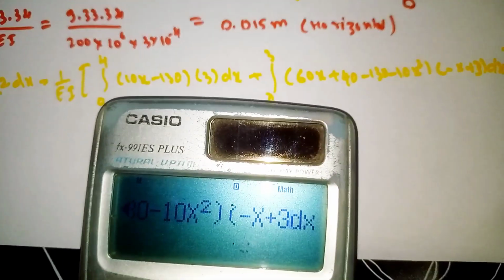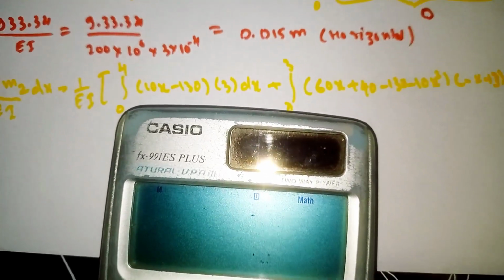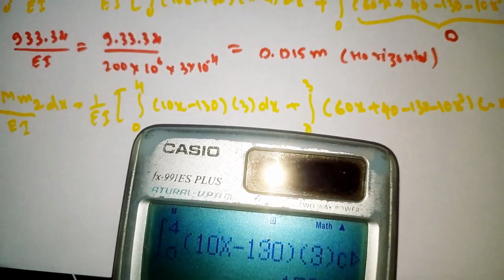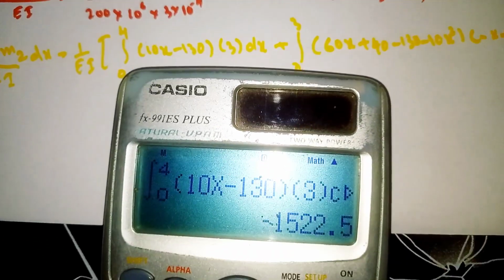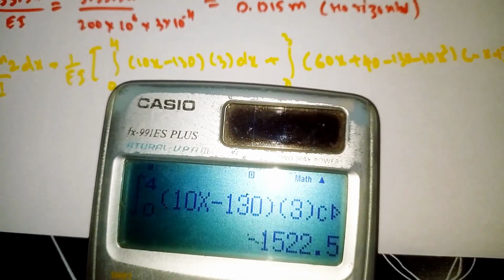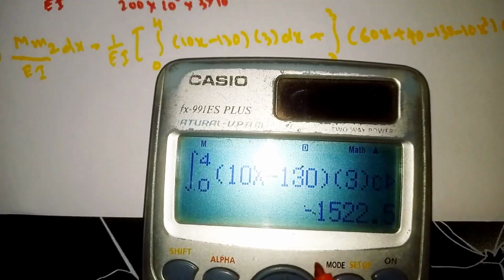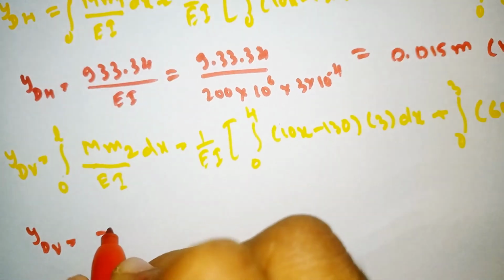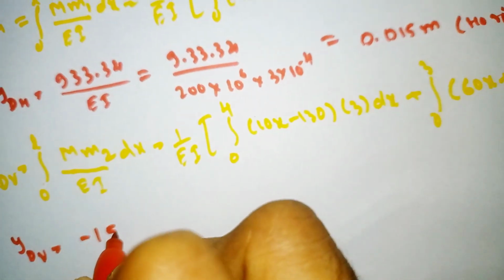Close the bracket. Now solve it. Our vertical deflection value will come out as minus 1522.5. Write it here: the vertical deflection is minus 1522.5